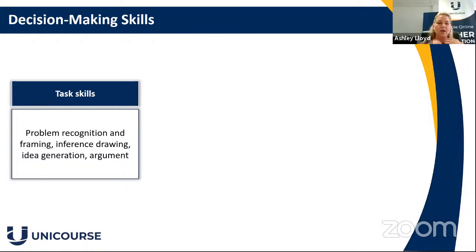So the task skills that you have will help you with problem recognition, so framing that problem and being able to think about it logically. Then inference drawing, which is using what you already know and finding evidence to read between the lines, and idea generation, and being able to argue your thought process, even if that's just in your own mind. So next we have